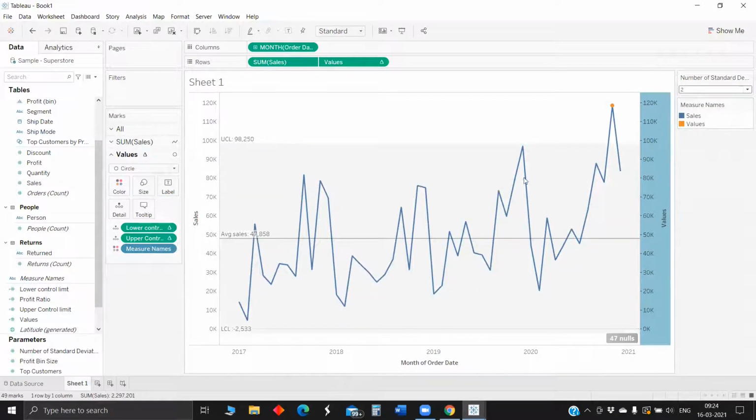Once we change it based on the standard deviation, it will show this is the only point which is away from the control, whichever banding you have selected. So this is the control chart which I had for today. Does anyone have any doubts?